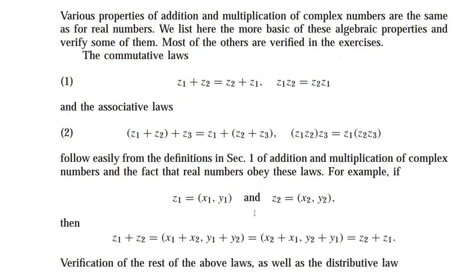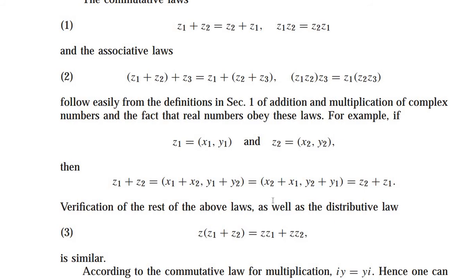Here this one is z1 and z2. We want to add both of them, and after we add them, this is the example, the commutative property is satisfied by the complex numbers, and this one is the distributive property, and the distributive property also holds in complex numbers.